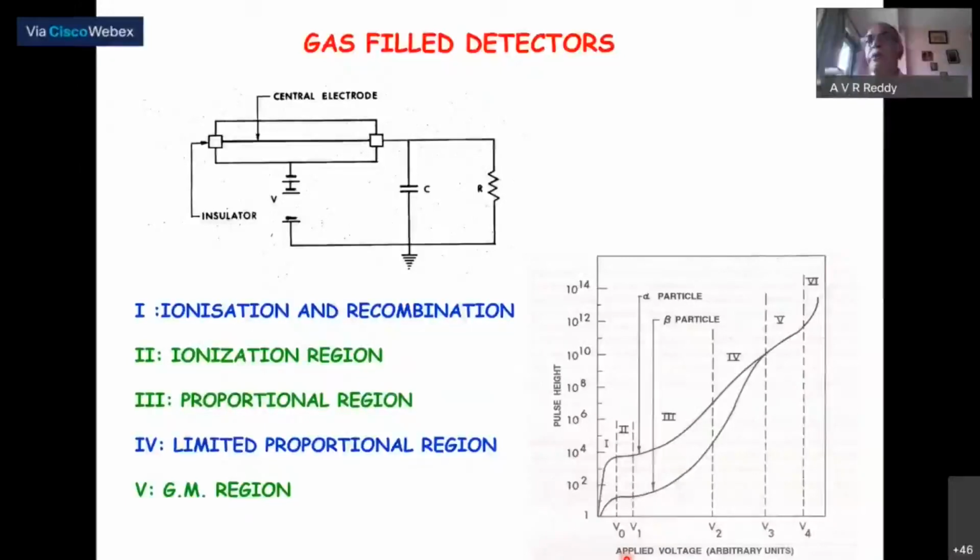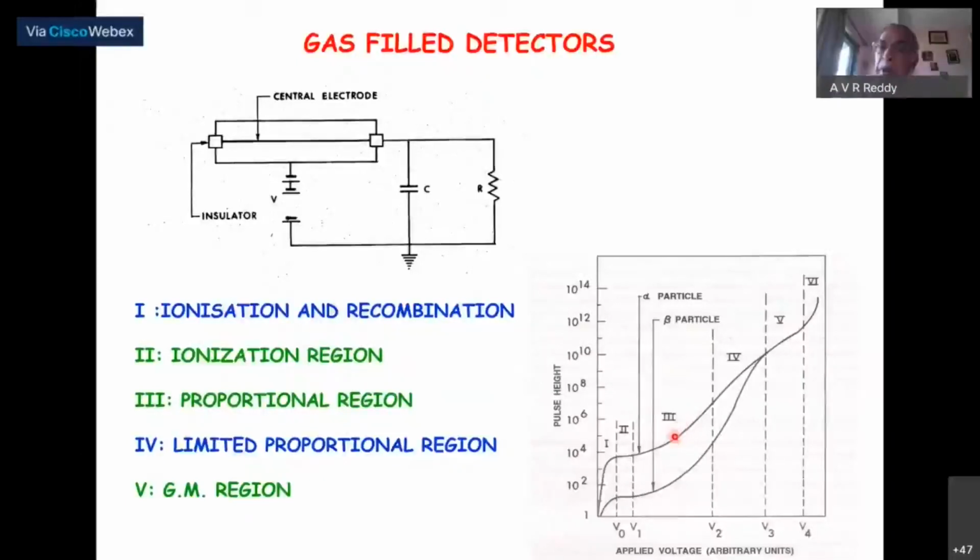Therefore, we know for a primary ion pair, that is the initial interaction with the gas molecules, the number of ions produced is the primary ionization. There will be a multiplication factor, let us say M, at this voltage. Then we know how many ion pairs are produced at this voltage, so we know the pulse height, and from that we can get back to the energy. That proportionality is maintained in this region. That entire region is called the proportional region, and this is extremely useful for radiation detection, both for gross counting and spectrometric applications.